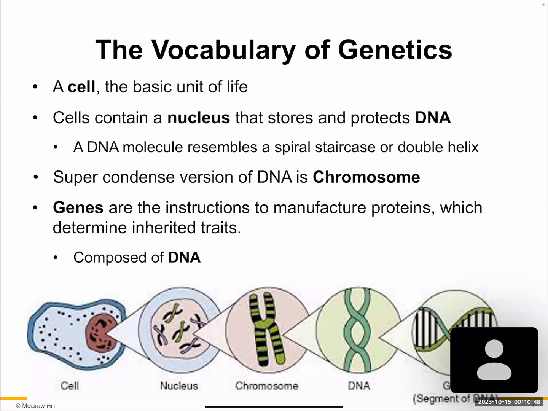So if you look at a human being, the smallest unit that is independently surviving and basically can sustain itself is referred to as a cell. So a basic unit of life. A cell can be alive on its own because it has all of the necessary components to make energy and consume that energy to survive. That's what a cell is. So at the bottom, we have a picture of a cell.